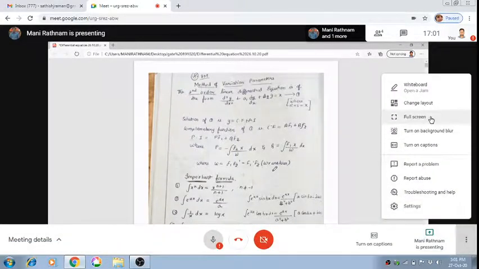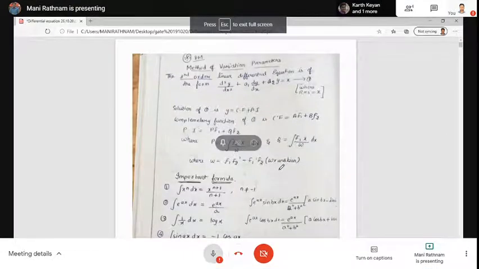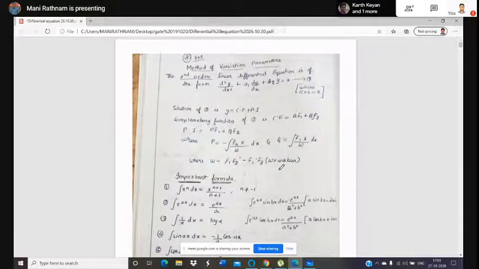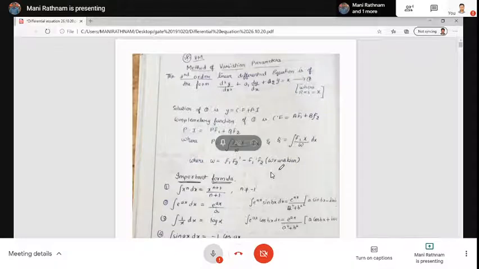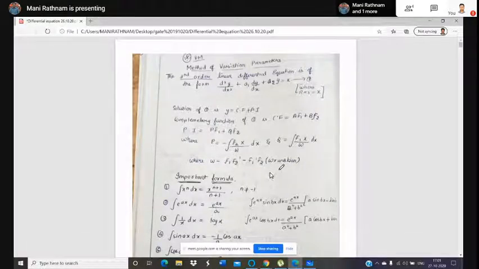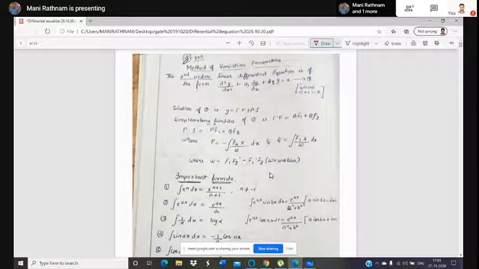The complementary function has a set of rules we already discussed, depending on whether the roots are real or complex numbers. For particular integrals there are varieties: if the function is based on exponential, trigonometric (sine, cos), or algebraic functions, or the product of any two of these, we have a set of rules to find the particular integral. And now another method, the method of variation of parameters.